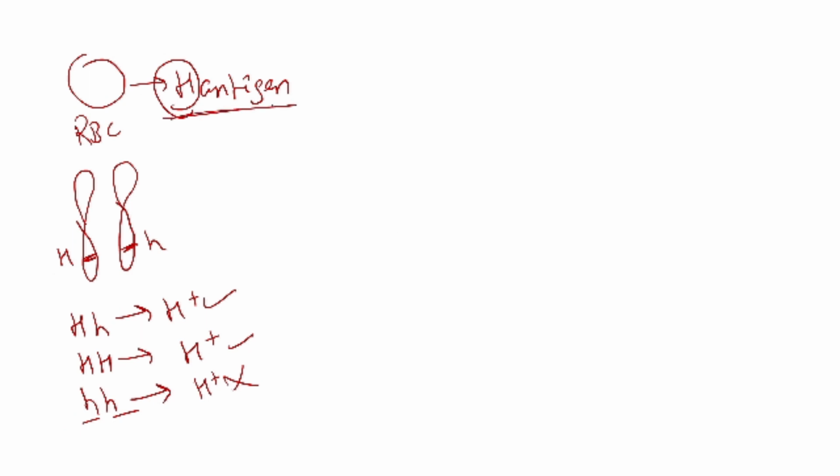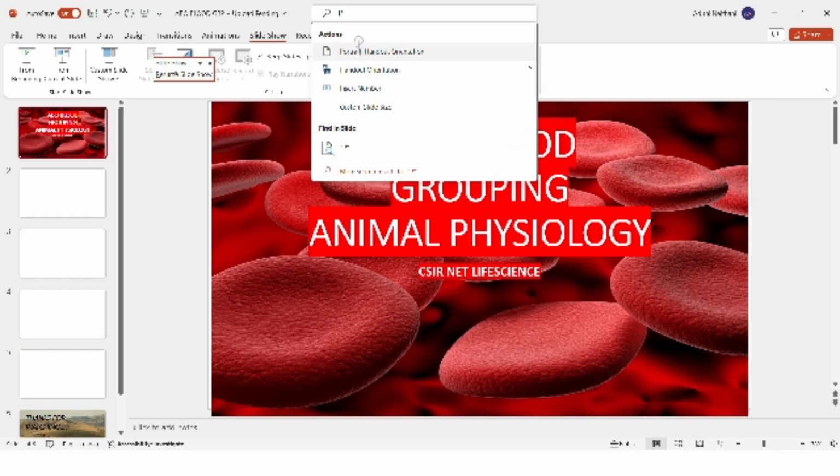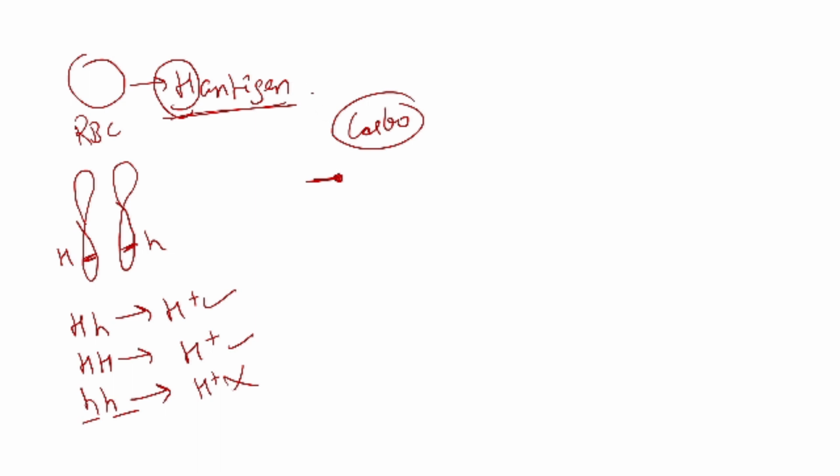Now, what is glycolipid or glycoprotein and what is H antigen? So, a glycoprotein, that is a carbohydrate. We all know that the plasma membrane is made up of lipid and protein. If carbohydrate is attached to lipid, that is known as glycolipid, and if it is attached with protein, then it is known as glycoprotein. So as simple as that.